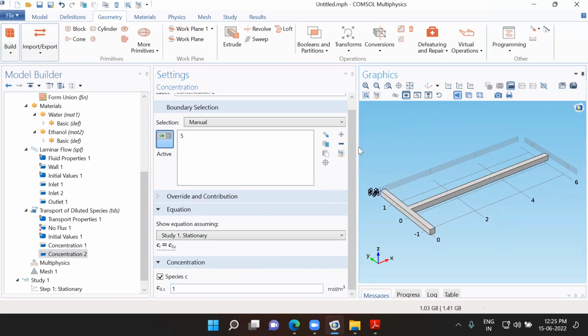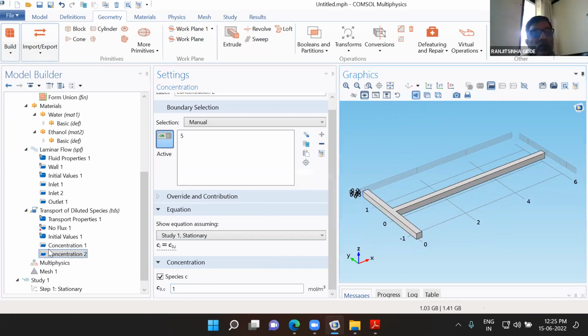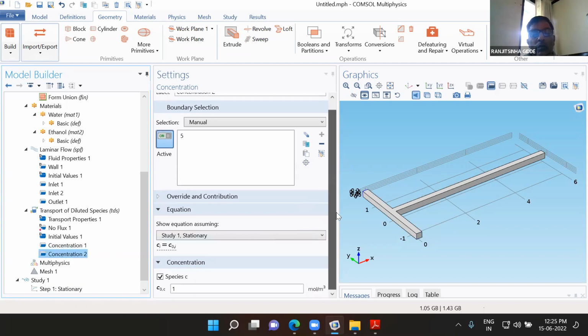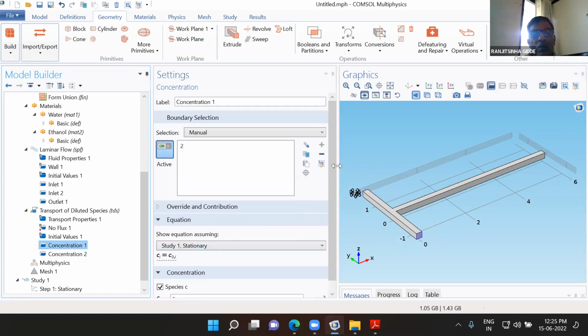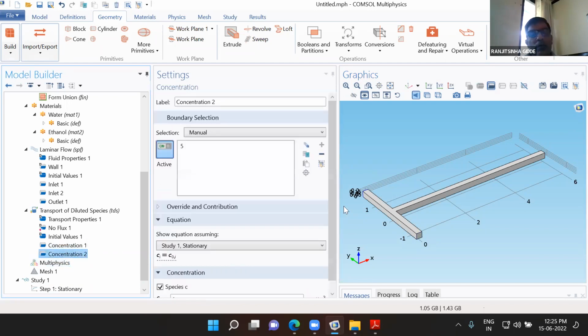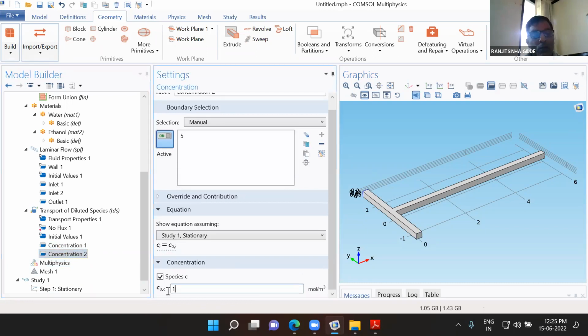You please continue. Okay. So concentration 1 and concentration 2. This is related to the ethanol. This is related to the water. So the ethanol concentration that we have considered is 1. Any value, or if I write here 10,